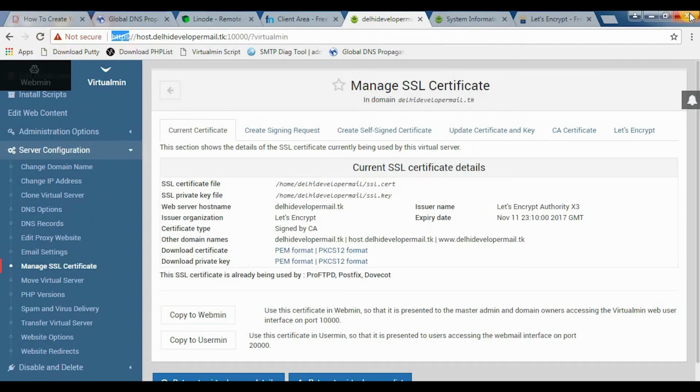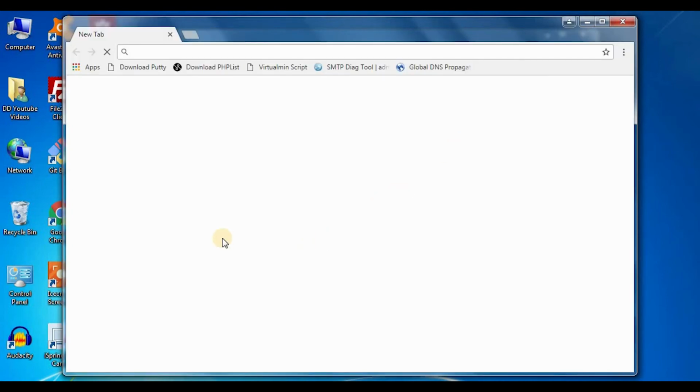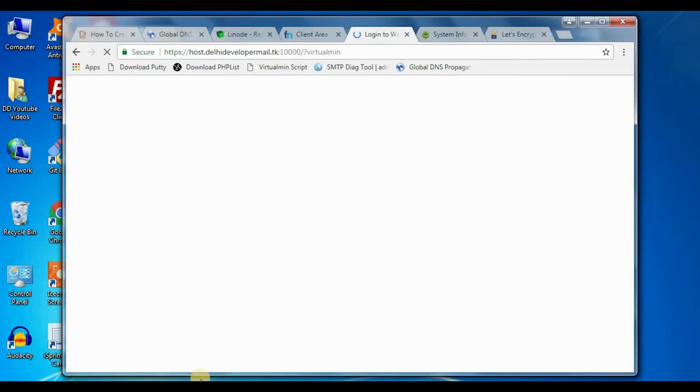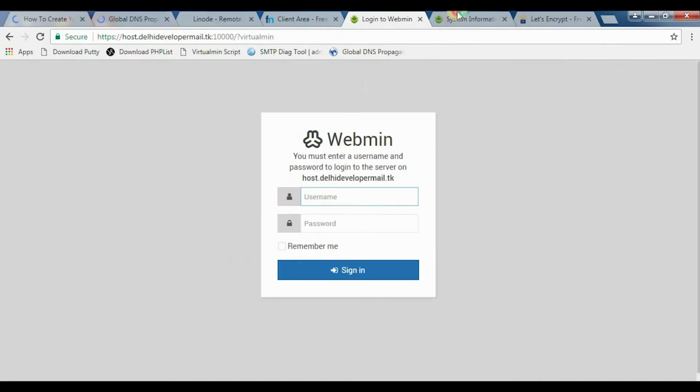Now to see them, we will need to close our browser and open it again. I'll just close Chrome. I'll open Chrome again. I'll just press Ctrl Shift T to open all my previous tabs. See, let's close this one. Let's maximize, and you can see that we have an SSL certificate here and here. Both are secure. delideveloper.tk is secure and host.delidevelopermail.tk is also secure. Let's just log in here with the root login,